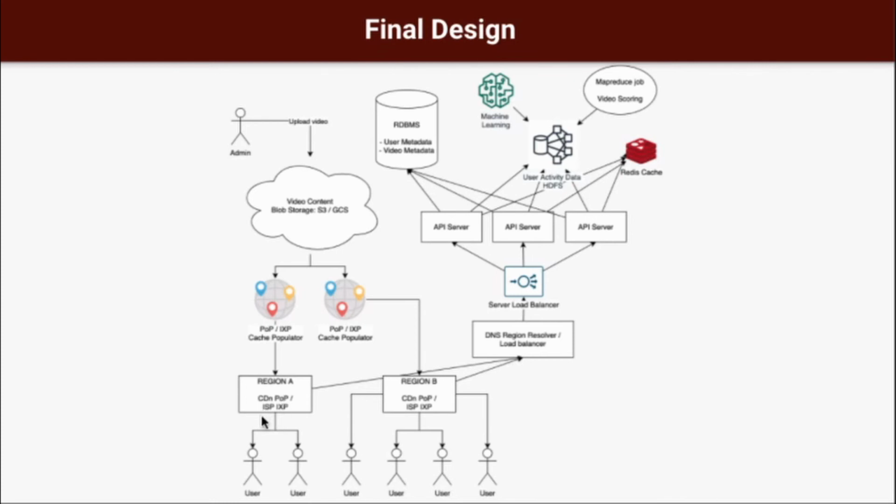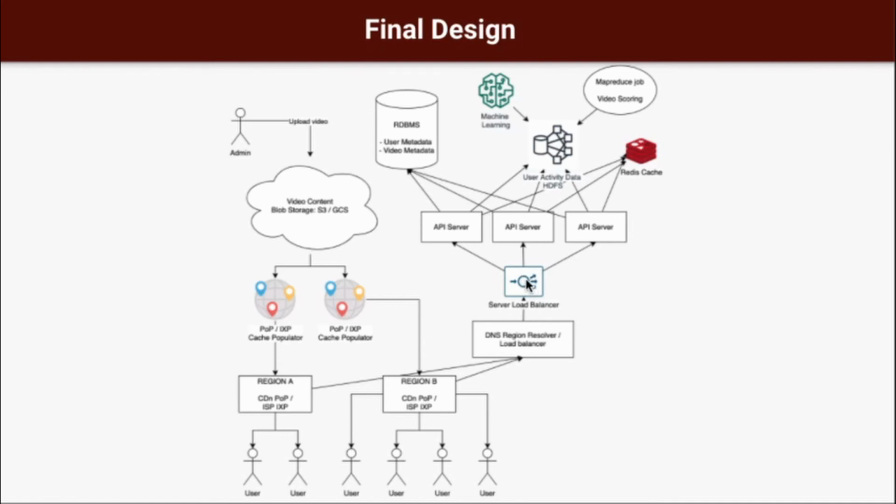This client app then will need to access the DNS region resolver because maybe we decided to enable using domain names instead of IP. So we can implement a DNS region resolver or route balancer. This DNS then will decide which server load balancer is gonna serve the request. Let's assume this load balancer is gonna